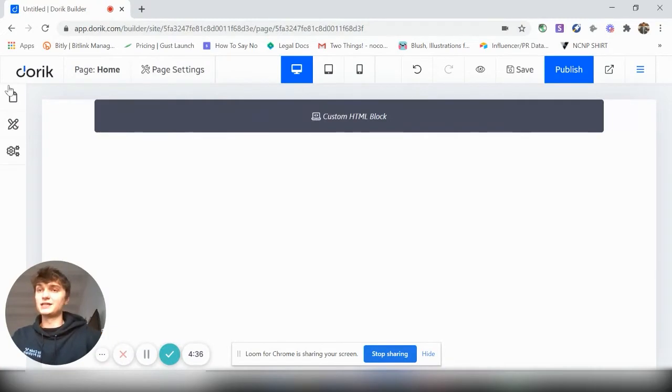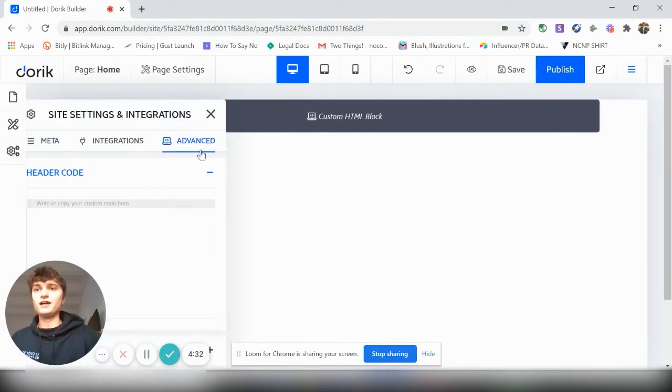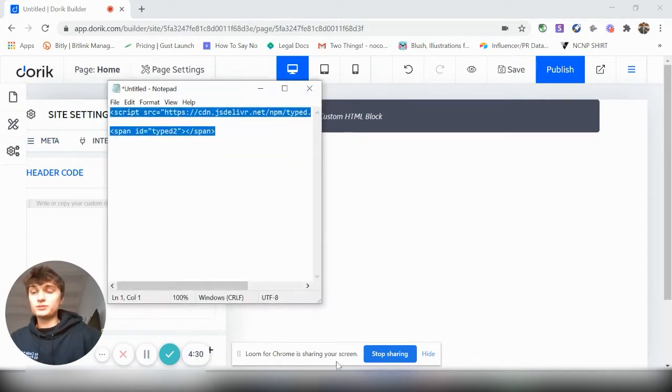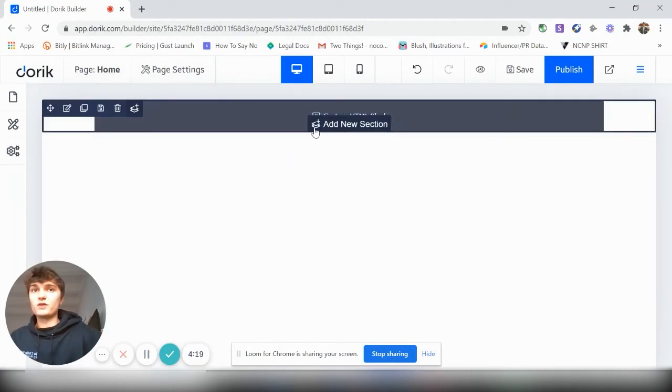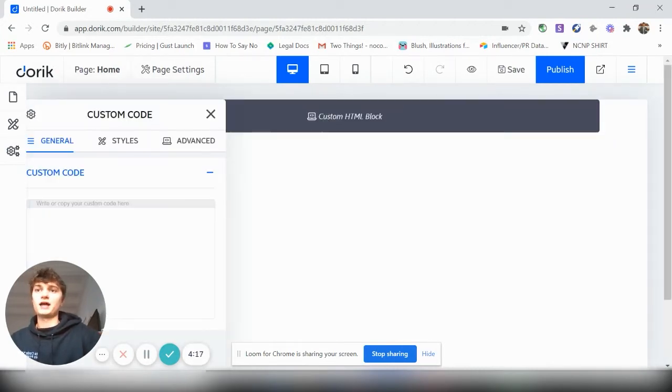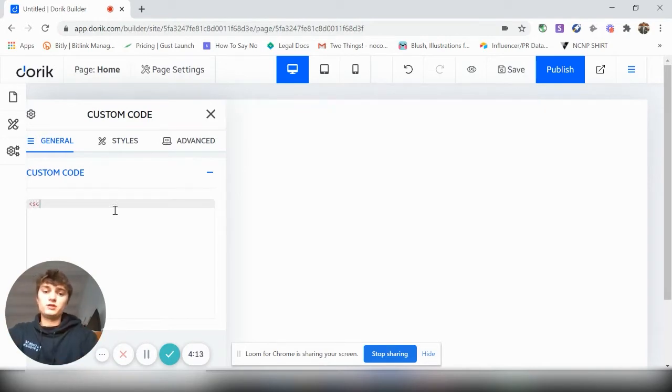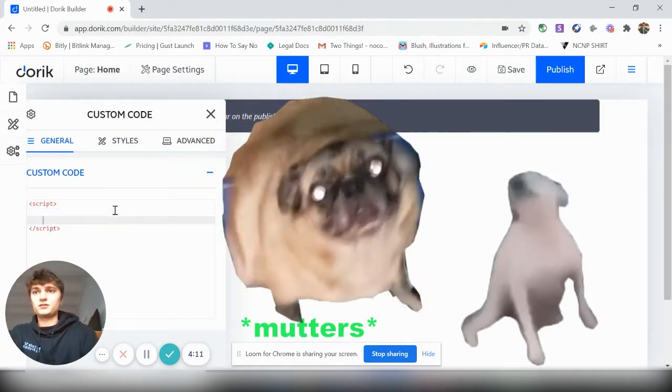The first thing you're going to need to do, though, is go under Site Settings, Advanced, and in the description of this video, I'm going to have this code here, and you're going to need to copy it and paste it into the header. So just like I did there, really simple. So once that's in there, then we can actually start adding this typography. So the first thing we're going to need to do is add a script tag,